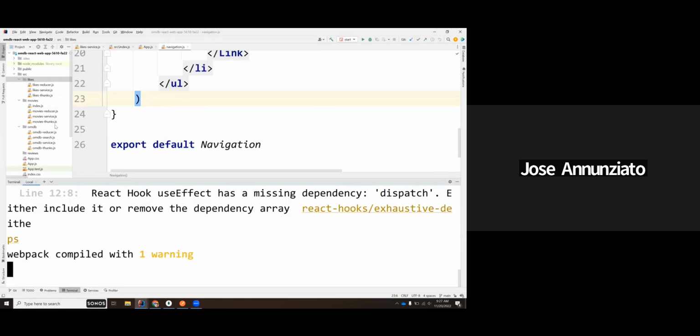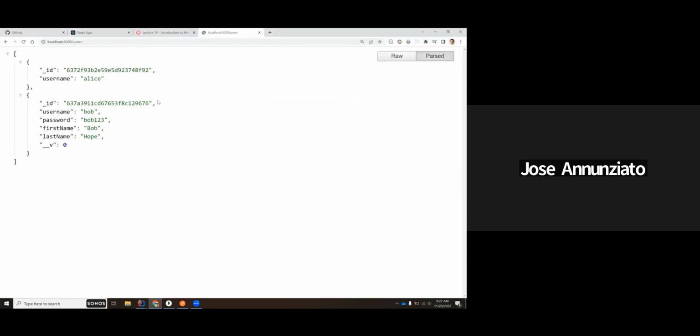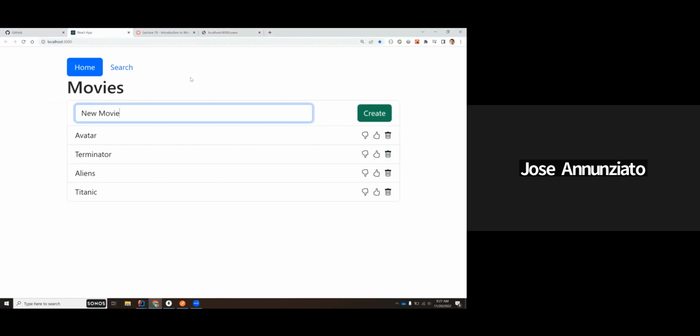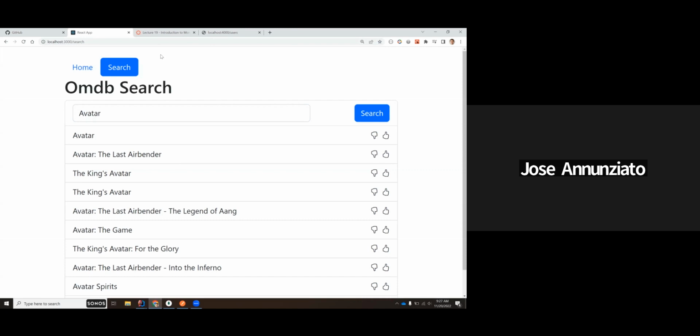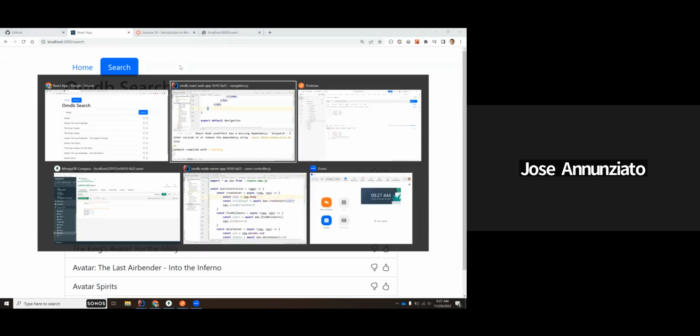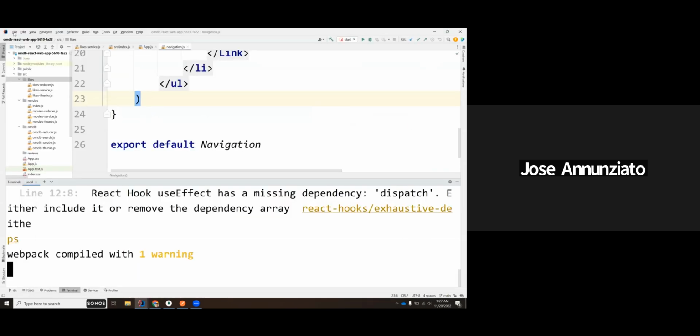it's here. Let's see what this looks like. What do we have so far? It's a client. So it gives you a React application. You can search for movies, create movies, search movies, OMDB, whatever. So let's create a new tab where we can fetch users, create new users. Let's see. So in here, let's create a